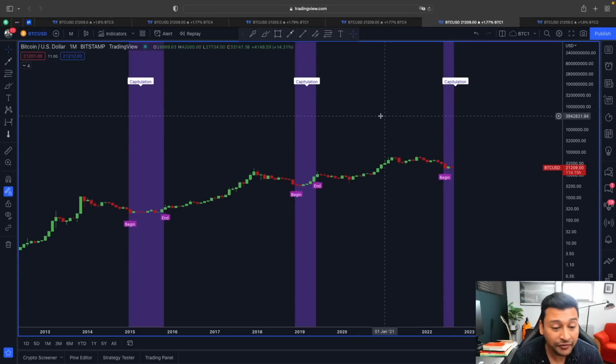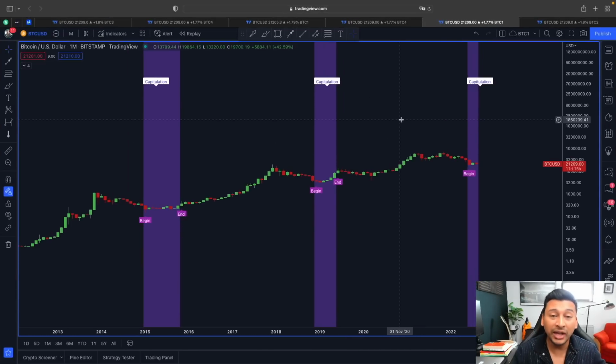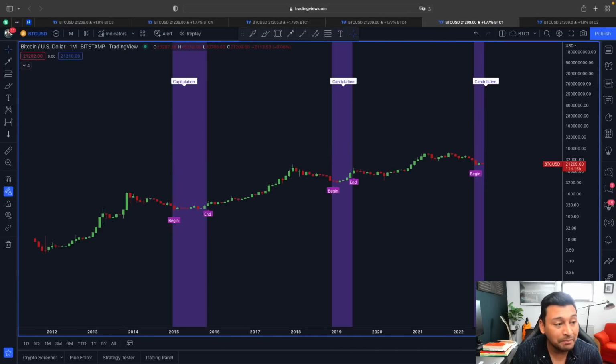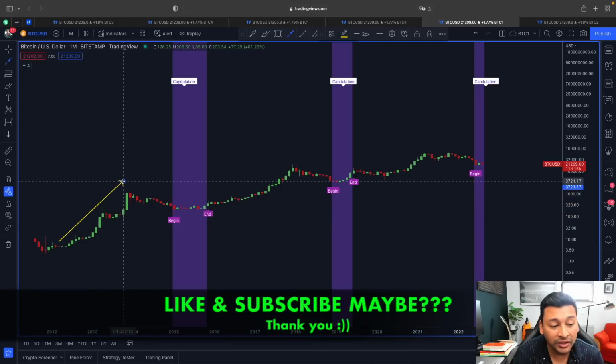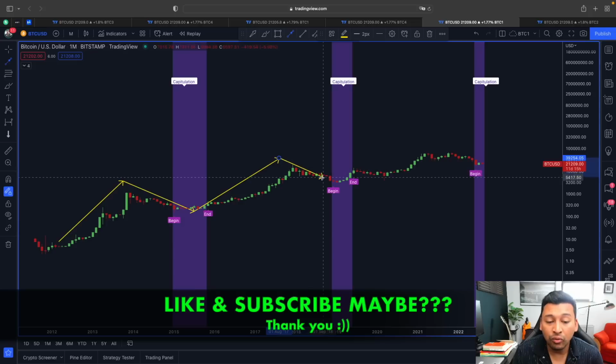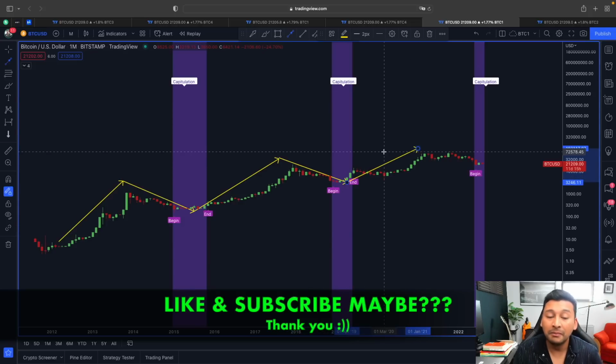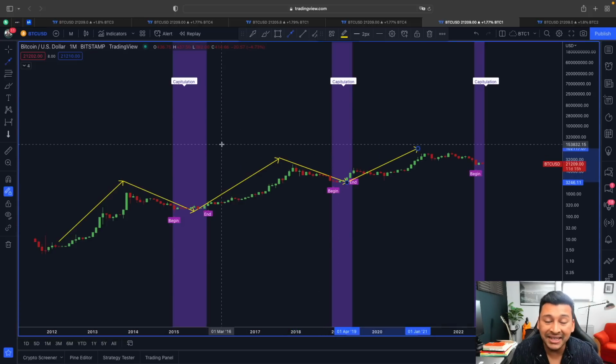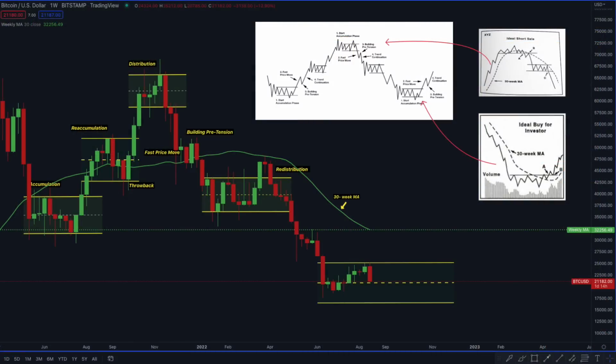So guys, now if we look at this here in a monthly time frame, you can see each and every time before the price of Bitcoin has started a new bullish markup phase like this, what has happened before? Before that, we have always ended this capitulation phase after months of consolidation. That is the reason, if you remember properly, I showed you with Wyckoff's market cycle, according to the Stan Weinstein theory, that for an actual markup phase, first we need a proper capitulation phase.